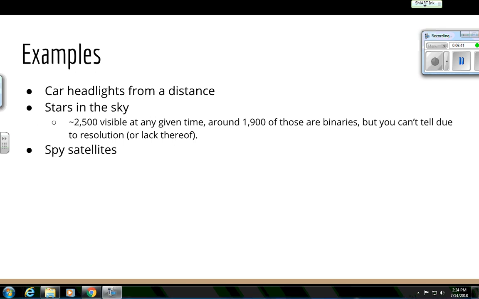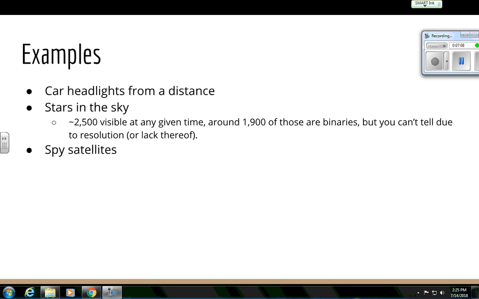Spy satellites are often a fun example. When evil government scientists are making spy satellites, one of the things they're doing is trying to take images of as fine a detail as they can. And what limits them is their ability to resolve things. So oftentimes you'll hear them saying, oh, you can see a penny from 20 miles away. Well, that's basically giving you an idea of what the resolution of those cameras is